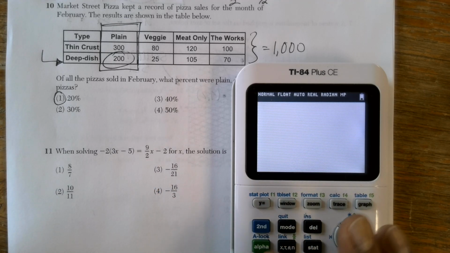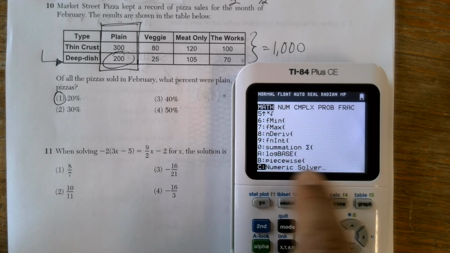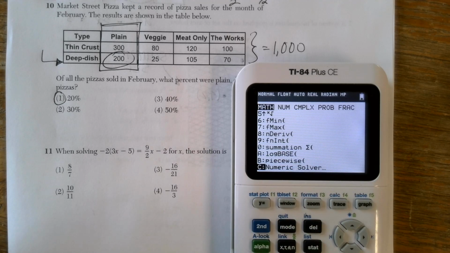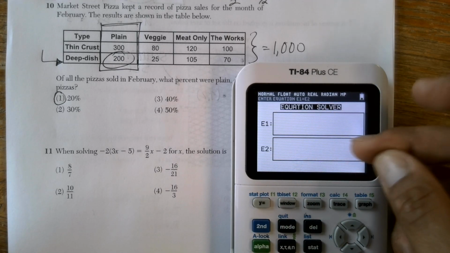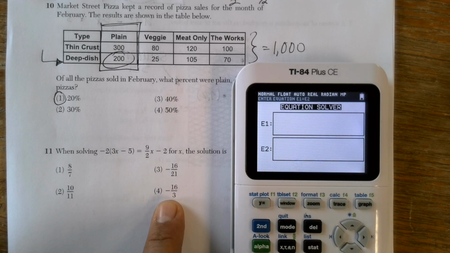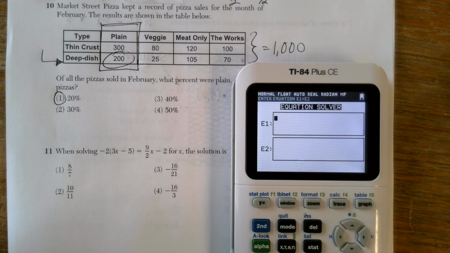So in your calculator, whether you're using this calculator or another one, you're looking for math, and you want to go down to where it says numeric solver. Yours might be at 0, but just go to where it says numeric solver. Yours is going to look a little different than mine, but essentially you're going to plug in what you see on one side of the equation in this one, and then what you see on the second side of the equation here. So we're going to do negative 2